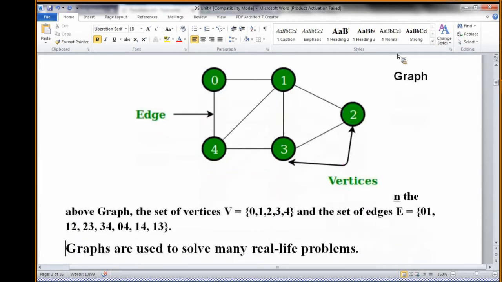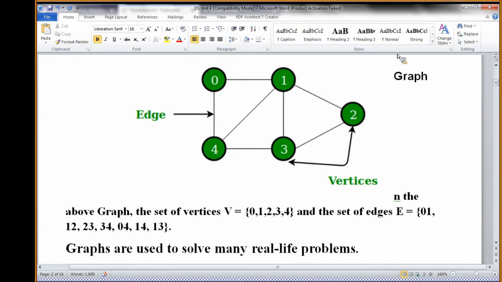So if you see this, the connection goes from the lower number to the higher number. The serial order is very important when you are connecting. If they are connected with a direction, then it is a directed graph, and if the direction is not there, it is an undirected graph. The graphs are classified based on the direction.